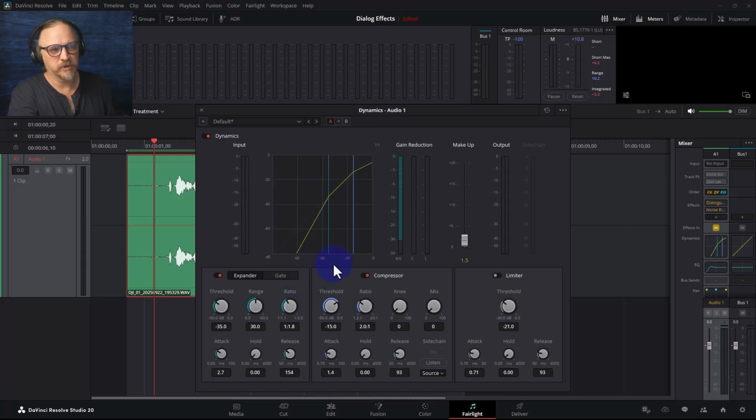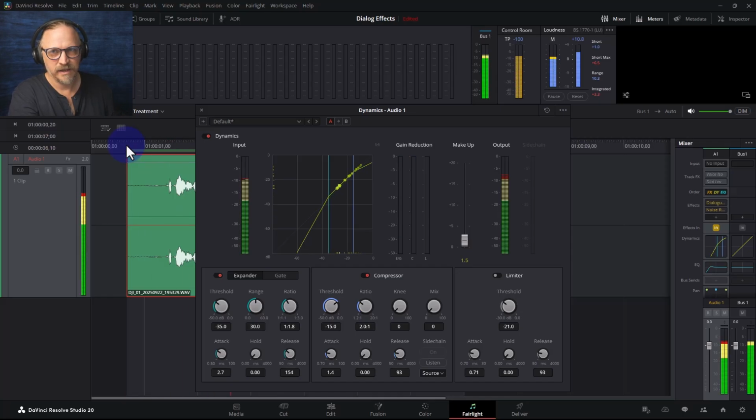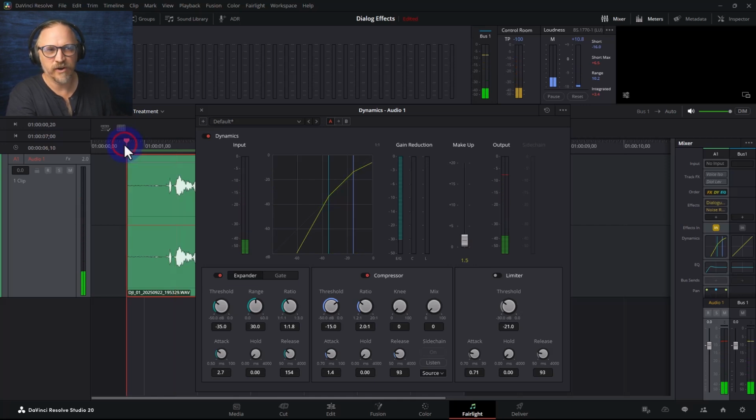I turn the range up a little bit. So you see how this drops all the way down? That might be too much. If you use the expansion too much, you lose all background sound altogether. And that doesn't sound natural either. Here, have a listen. The greatest work of your life is to remember and integrate all aspects of yourself. The greatest... You hear how the breath sounds like it's coming out of nowhere?